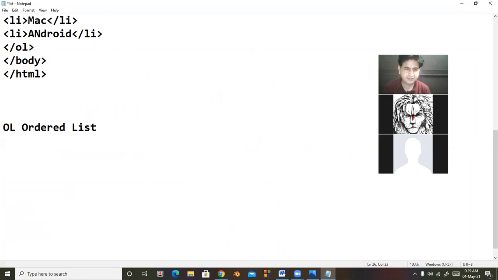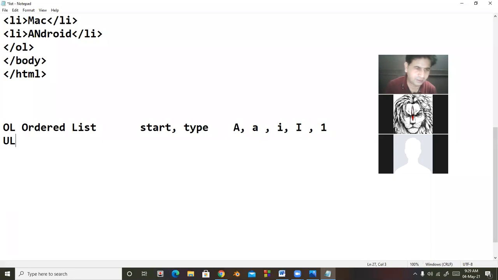It has two attributes, start and type. Type may be A, small i, capital I, and 1. By default, it is numeric. So if you are not giving any type, it will take 1, 2, 3.